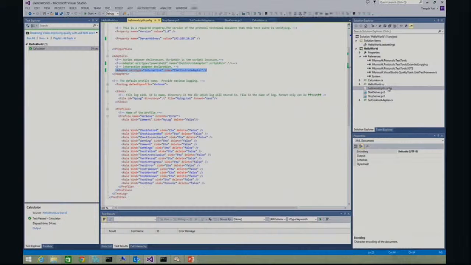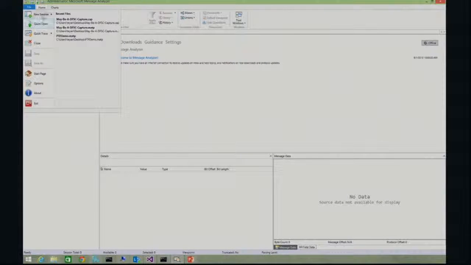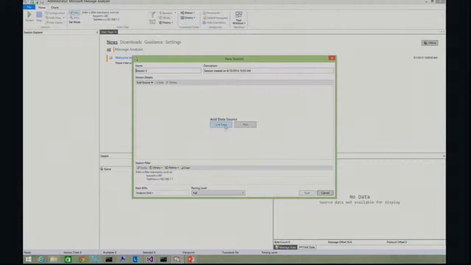Okay, first in the ptf config file, I will change the adapter to PowerShell adapter. And the IP address for the Windows server is this 20. So before I run the test case, I would like to start the message analyzer to capture the test log and the network messages. So we start a new session